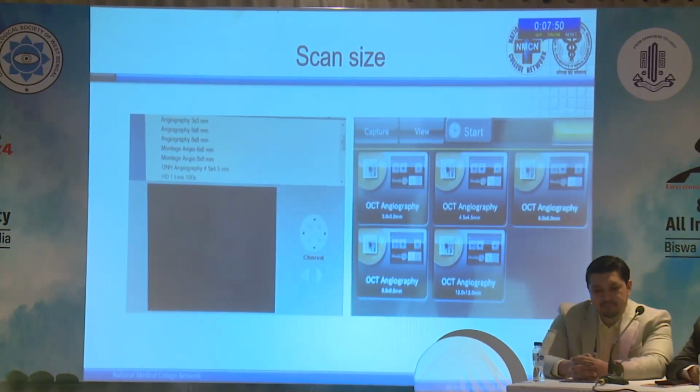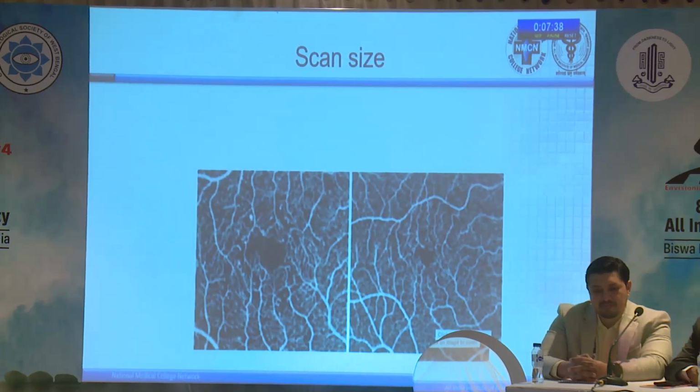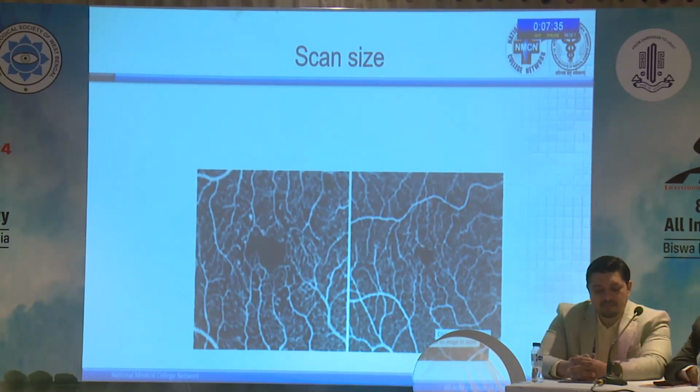Now longer or larger scan sizes are also available in a few of the machines, such as 12 mm, and now we have the ultra wide field also coming up, which can provide even a view till the mid periphery. Now important here to differentiate between the scans is that the resolution will depend on the scan size. So even though we can achieve a larger scan that will provide us a better, larger area to